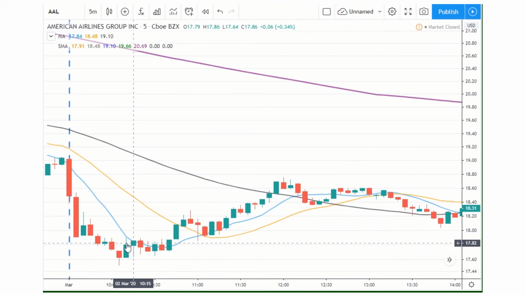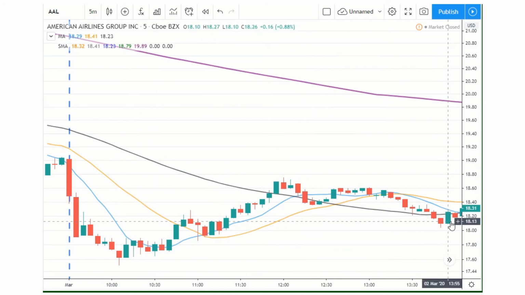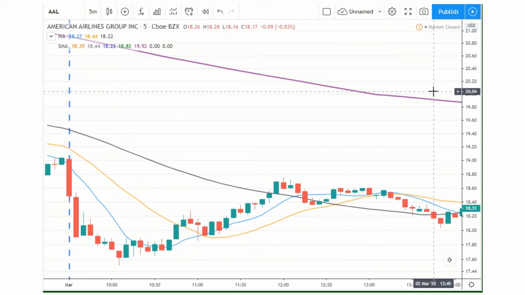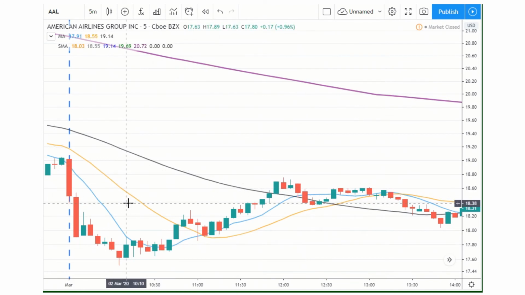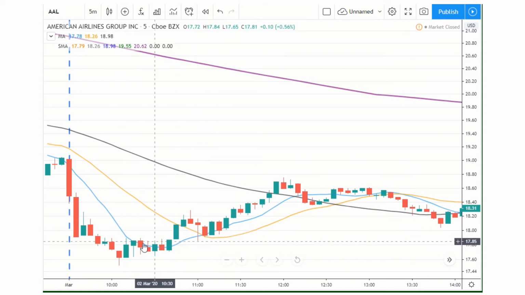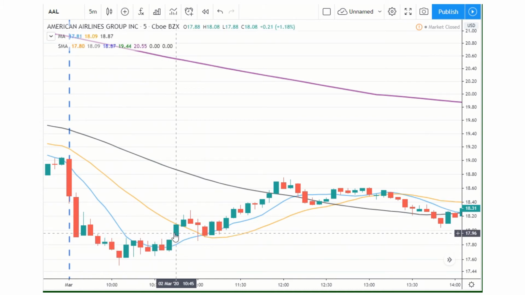which usually symbolizes the stock is going to be going further down. So the moving indicators are trending down. You see the 200 moving indicator, the 50 moving indicator, the 20 simple moving average, and you've got the 9 simple moving average. Okay, so then the stock moved up a little,